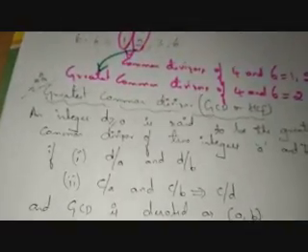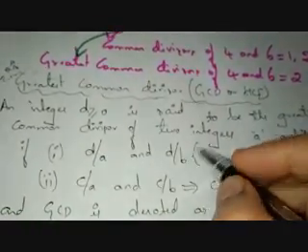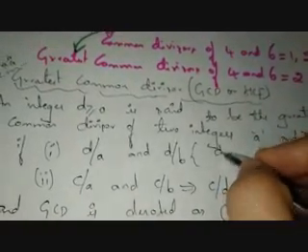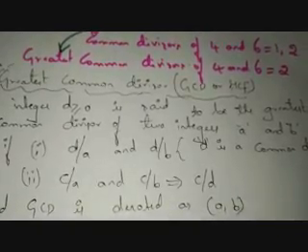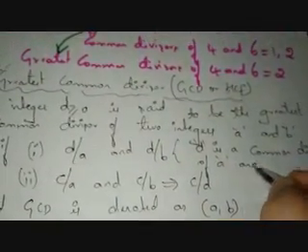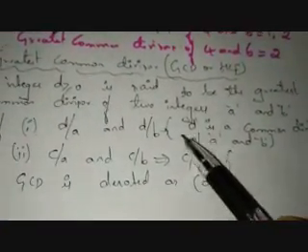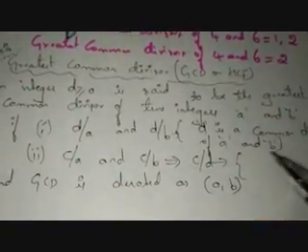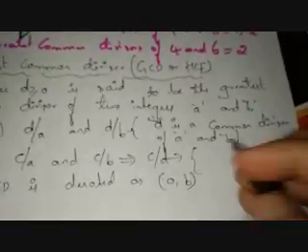So let me take the same example here. First I'll write the meaning of this. This is nothing but d is a common divisor of a and b. And what is the meaning of the second condition? In the exam, no need to write all those things. What I am writing here in the bracket is for your understanding's sake. You are supposed to write down only till here. The bracket one is for your understanding.